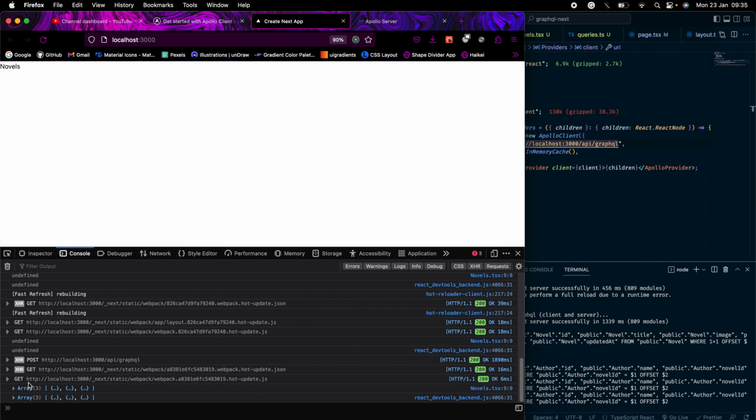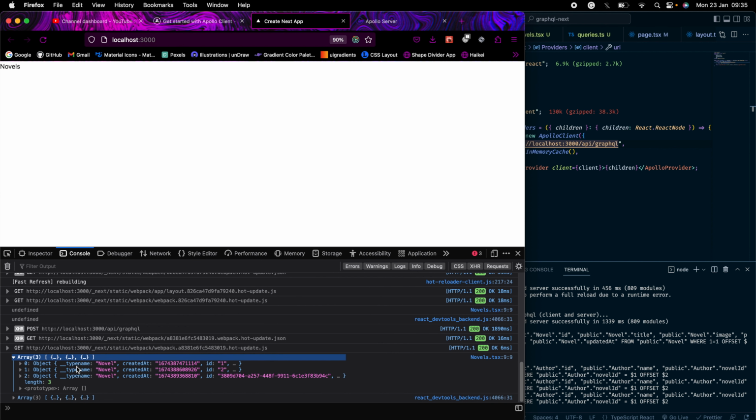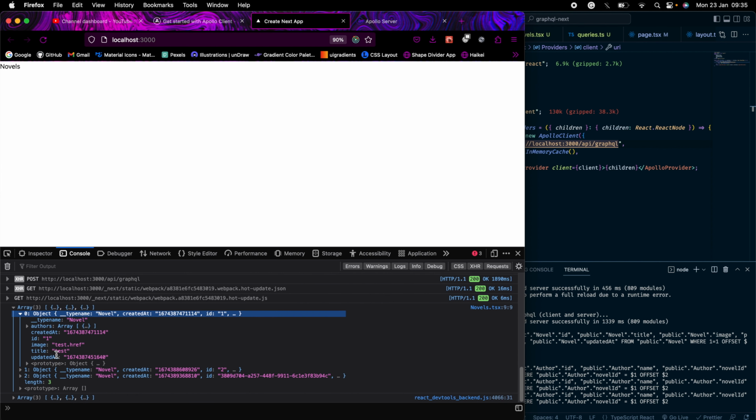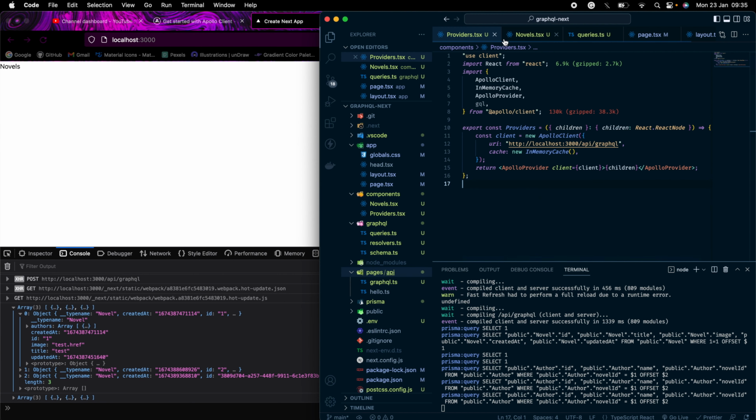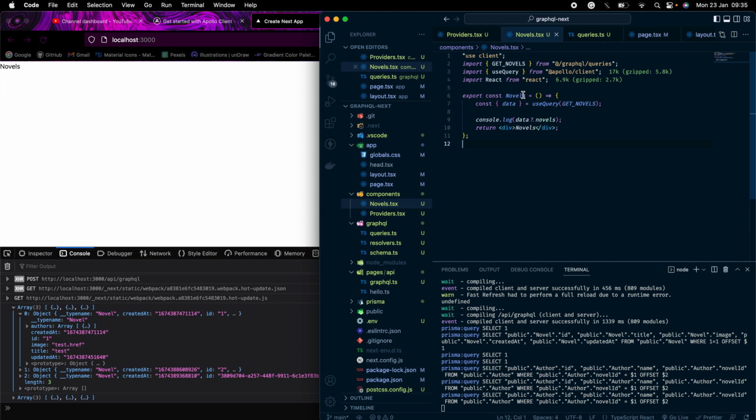Okay, so this time I'm getting the object which I want. Arrays, and I'm getting all the data from it. So let me head back over to novels. So this basically is working. Now let us actually